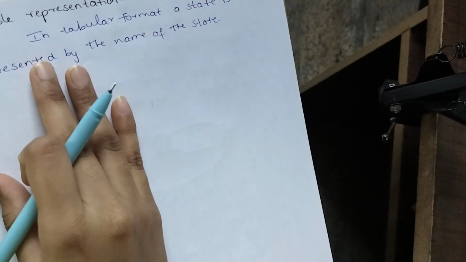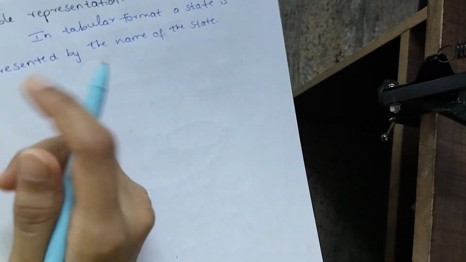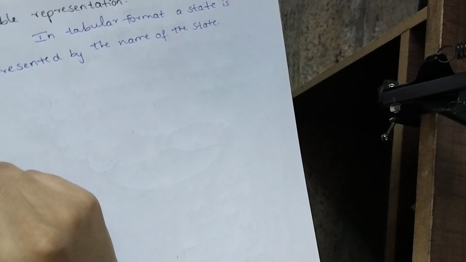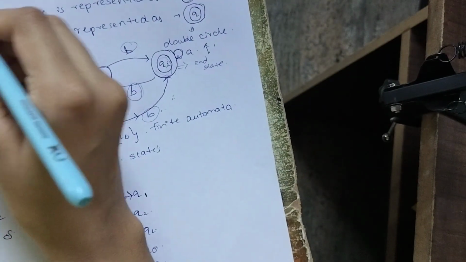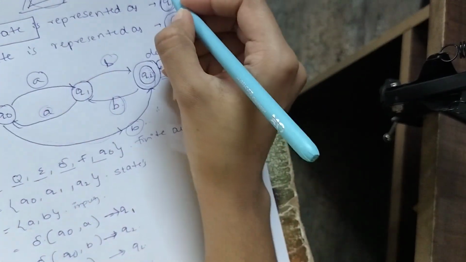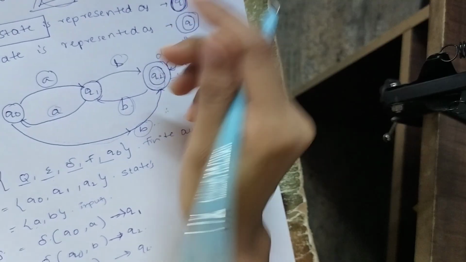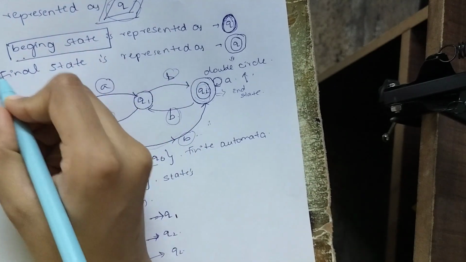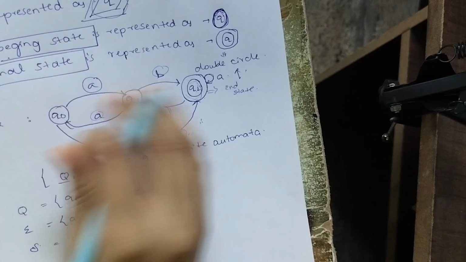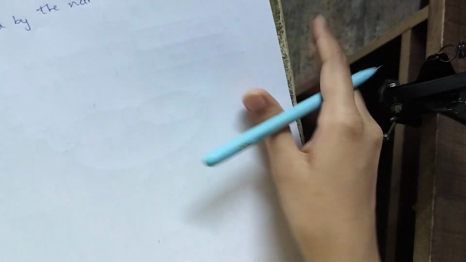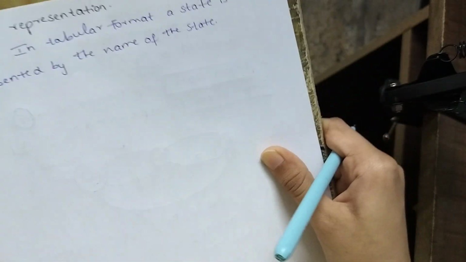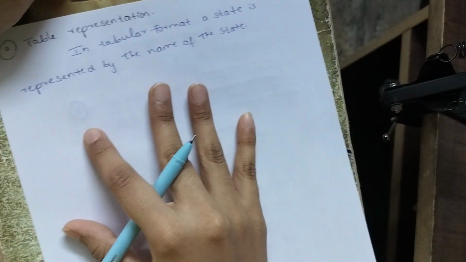Here it is different. In the graphical representation we have seen that if a begin state is written then only a single circle is drawn, and if a final state is represented we write it as a double circle. In this, the representation is different, so we write it as